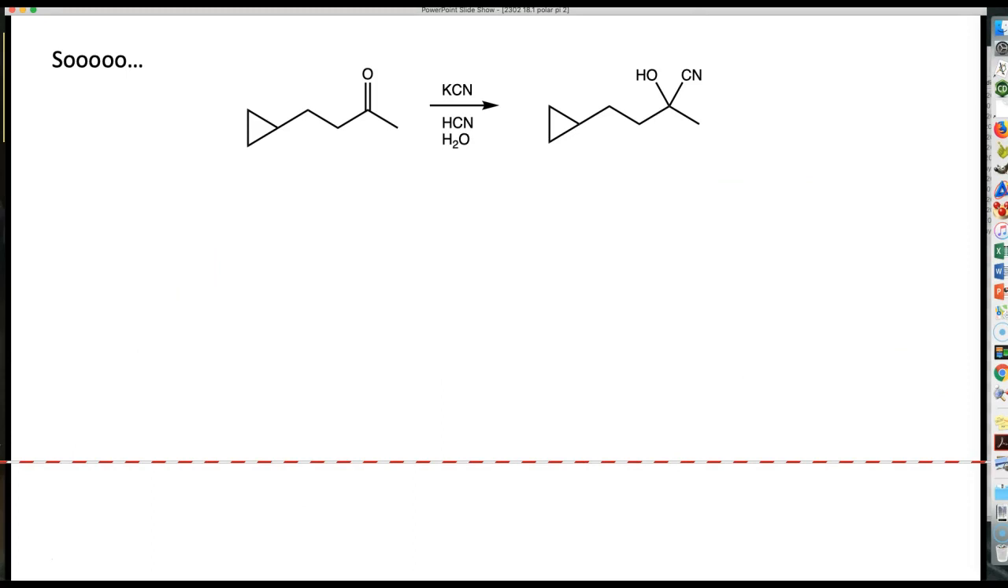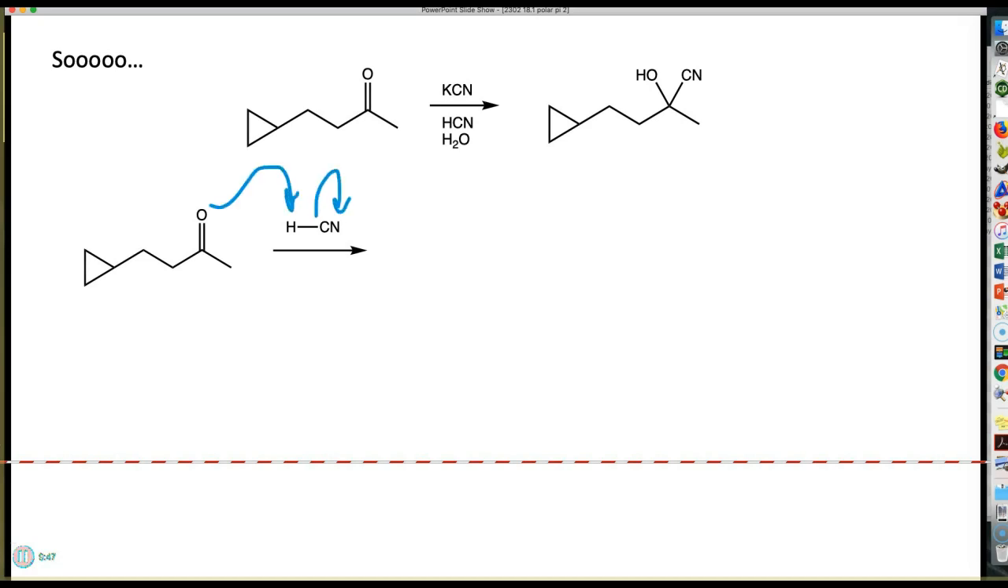All right, so here's an example. I got a funky ketone and potassium cyanide and HCN. Looks like it's under aqueous conditions. Let's run through the mechanism. What's going on here? Well, if we cross out our spectator ion, we'll see that we have CN-. But wait, we also have HCN. So, doesn't it make sense to protonate my ketone and make